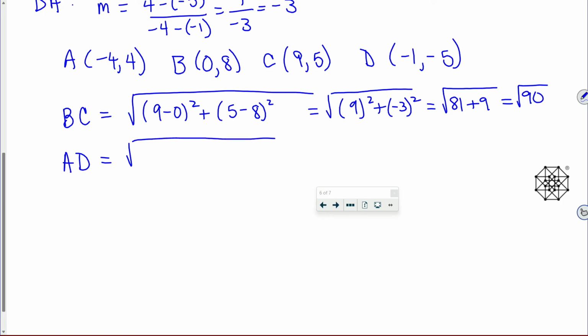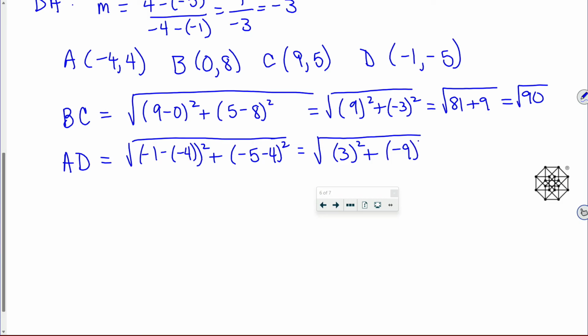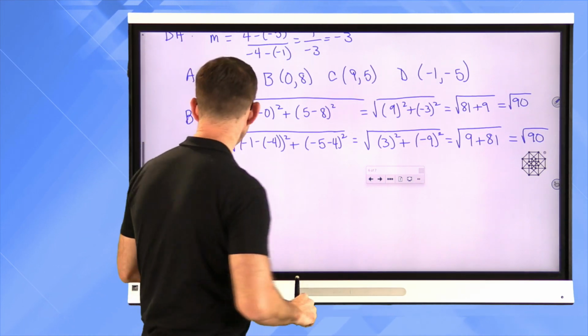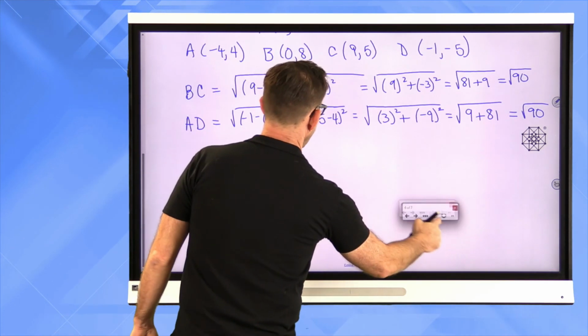All right, so the length of AD, let's do -1 minus -4 squared plus -5 minus 4 squared. Lots of negatives here, right? -1 minus -4 is +3, that I'll have to square. -5 minus 4 is -9, which I'll square. And then 3 squared is 9, -9 squared is 81, and that's the square root of 90. All right, so now I can make a concluding statement, which I always kind of want to do when I do a proof. I can now say that